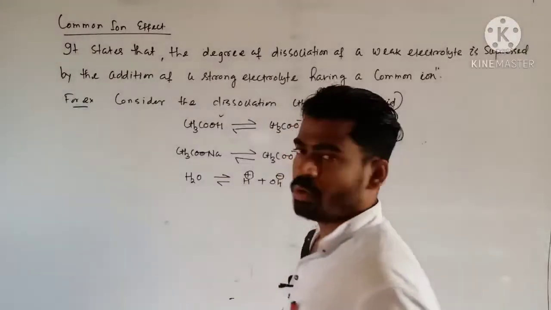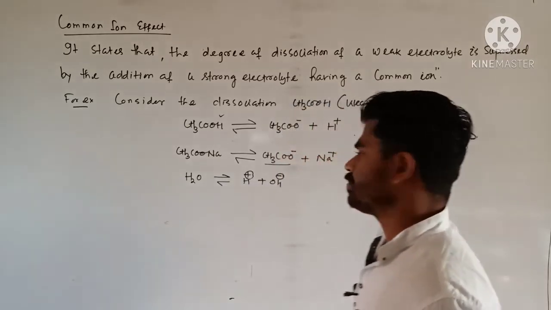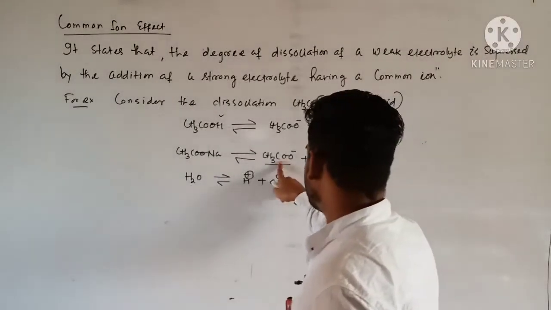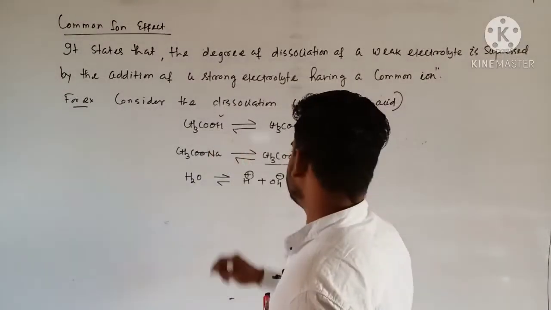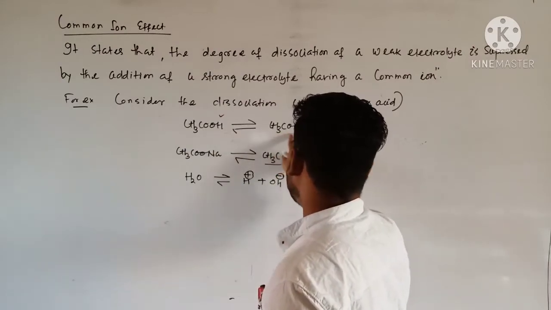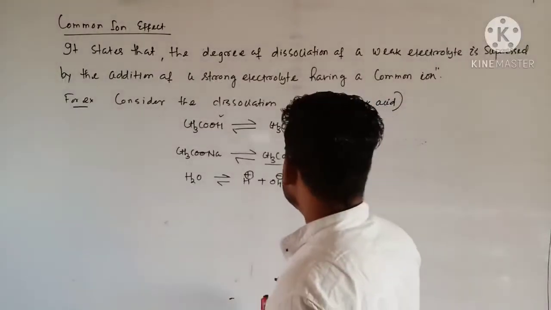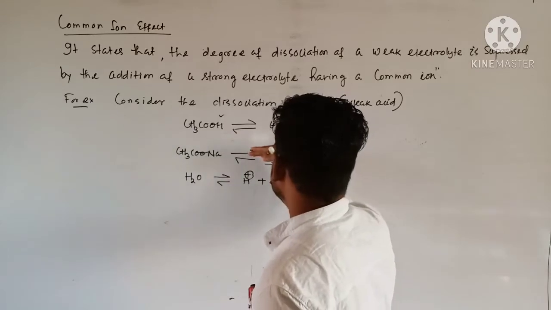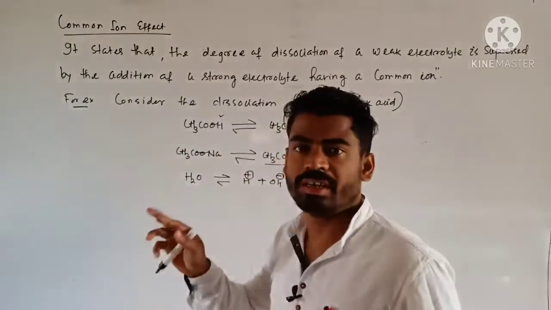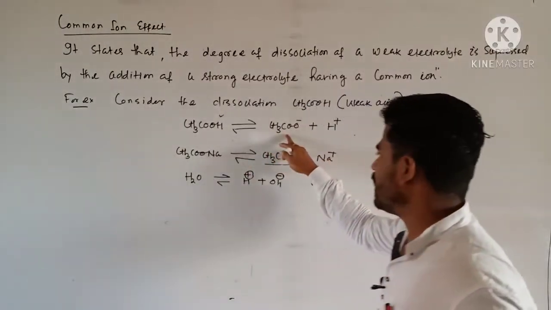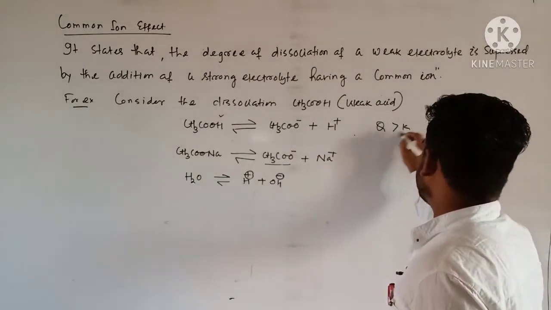By adding CH3COONa, definitely the concentration of acetate ion will be more. So if acetate ion is more, then look at this equilibrium. In case of the acid, the concentration of product becomes more because of a large extent of acetate ion. As we know, whatever the concentration change, the value of the equilibrium constant remains as such. So if acetate ion is more, then your reaction quotient Q must be greater than the equilibrium constant K.